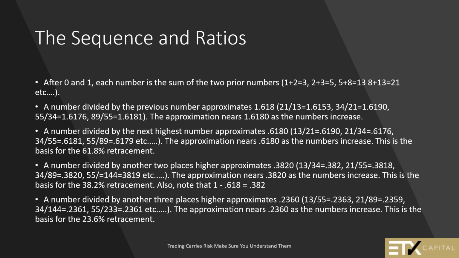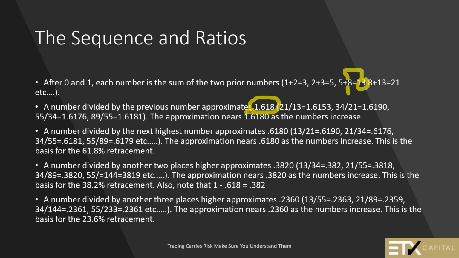So where did we start out? We started out with 1 and added it to 2 and got a 3. We added the 2 and the 3 together, we got a 5, the 3 and the 5 together and got an 8, and so on, just like this sequence. So we've got that down pat. Now, if we were to take a number divided by the previous number, with the sequence laid out, so if we were to take this number right here and divide it by that number, it would always give us something in the area of